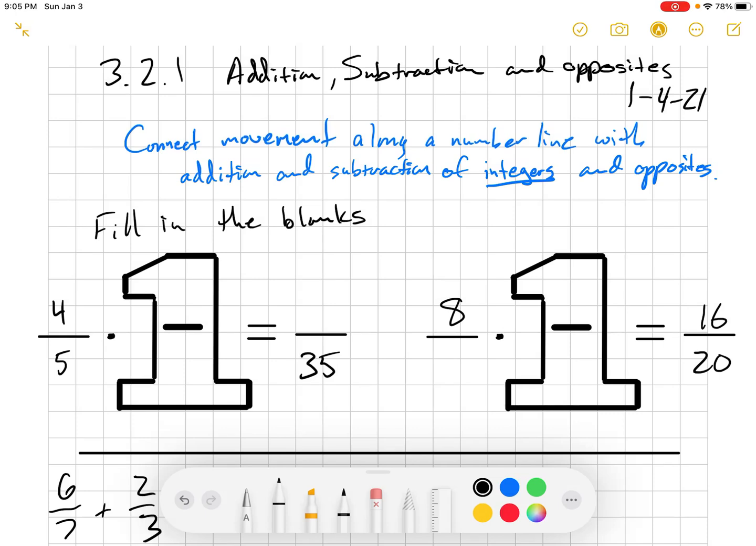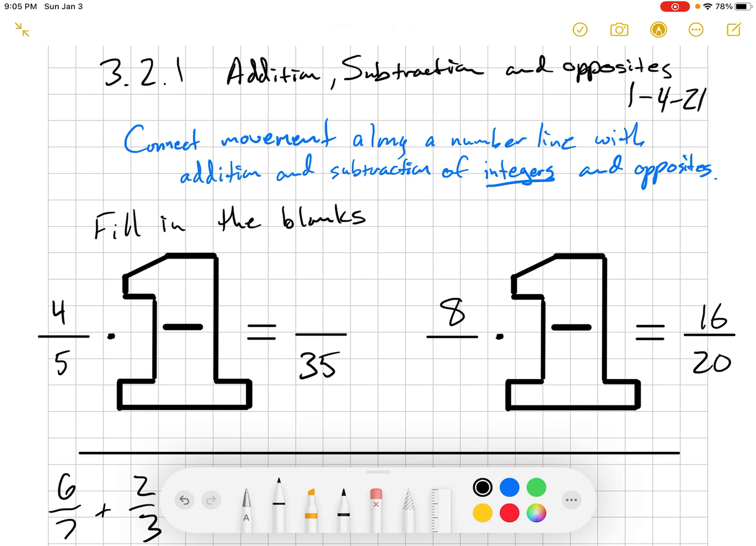All right, here is 3.2.1. It is the addition and subtraction with opposites. In blue there it says we're going to connect this movement along a number line with the addition and subtraction of integers and opposites. Integers are numbers that are 0, 1, 2, 3, 4, 5, 6, 7, 8, 9, 10,